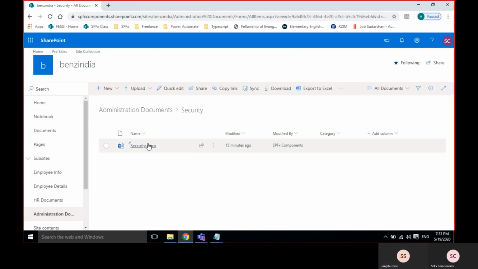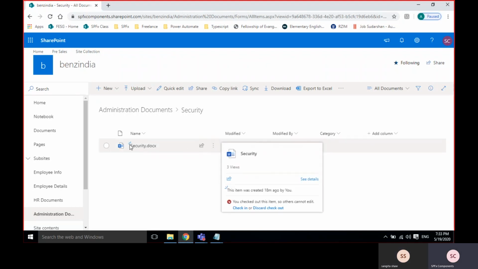See, the symbol for checked out is this down arrow mark. You are able to see my screen? Now I'll just open the document.